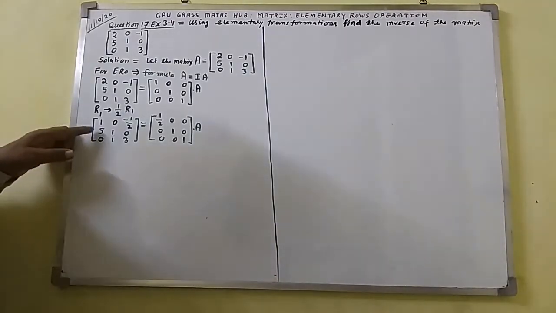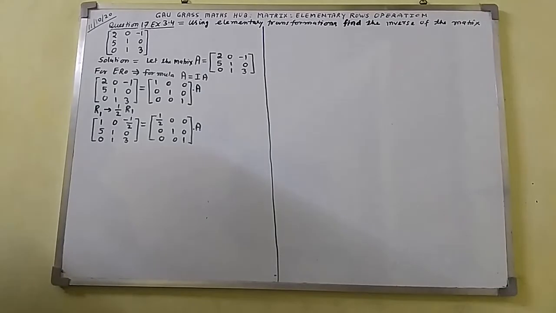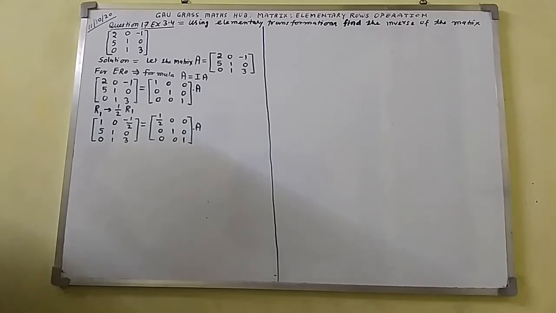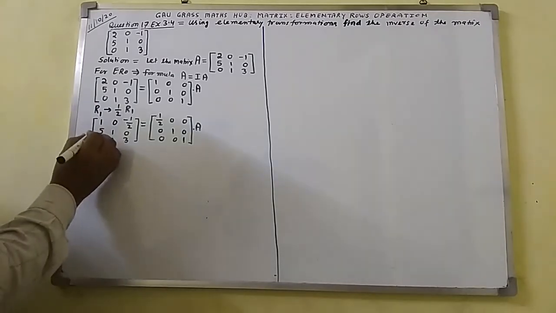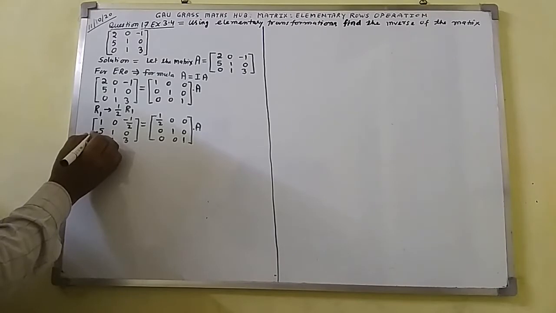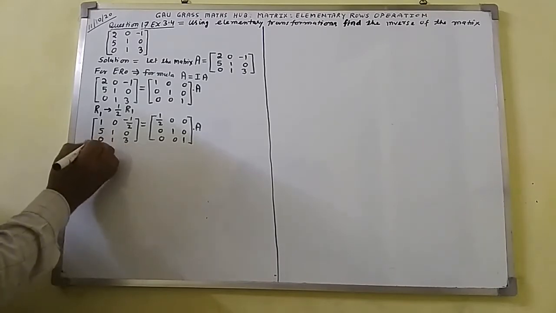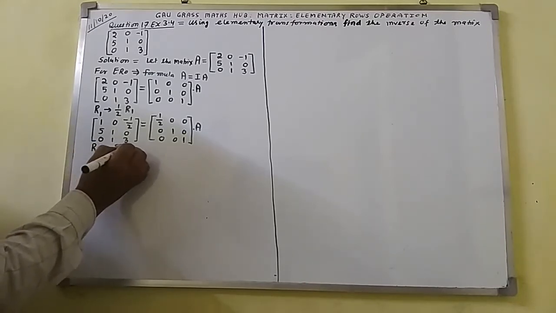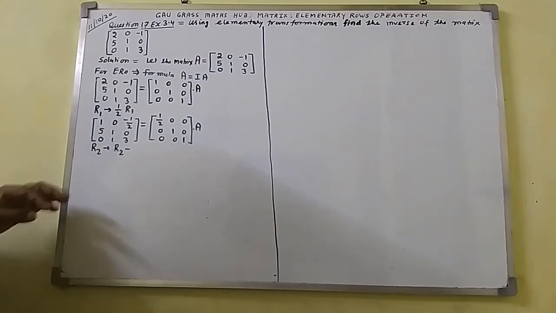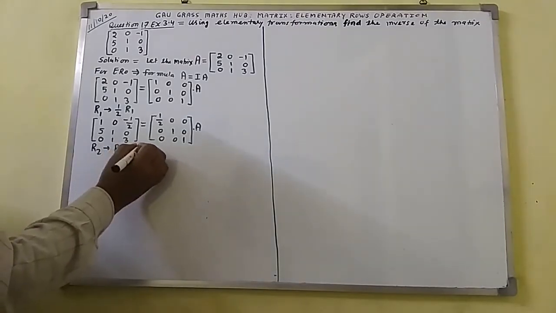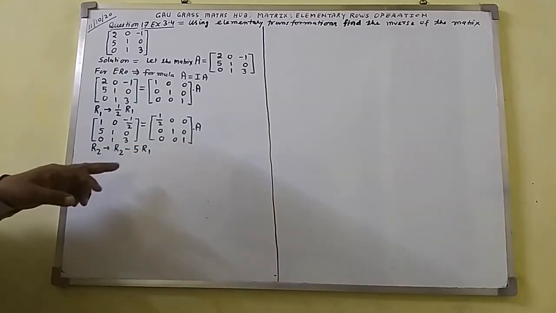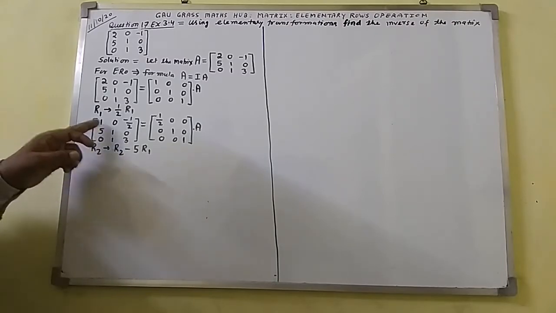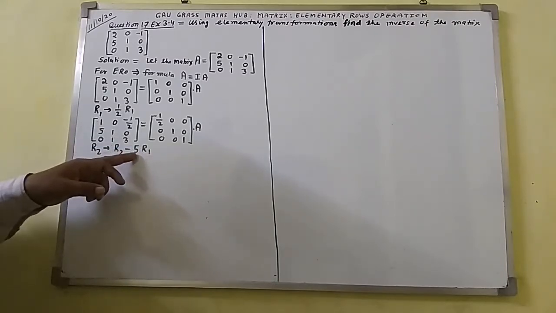Now here you can see this 5 will be converted into 0. In order to get this 5 converted into 0, I shall apply the property here on R2, because here 5 is given in the second row. So here I shall write R2 goes to R2 minus 5 R1. If I take here R2 as 5 minus 5, R1 I shall take here 1. So 5 minus 5 comes out here 0.